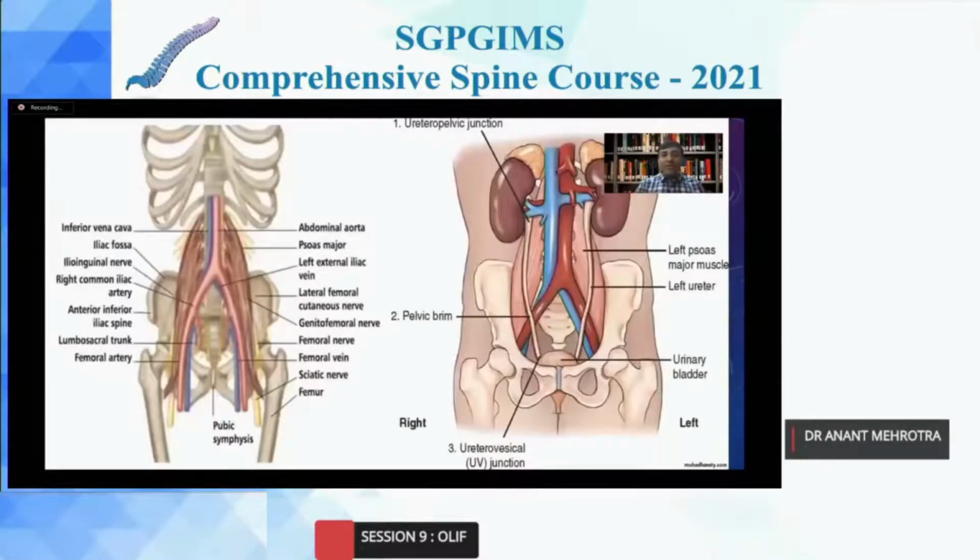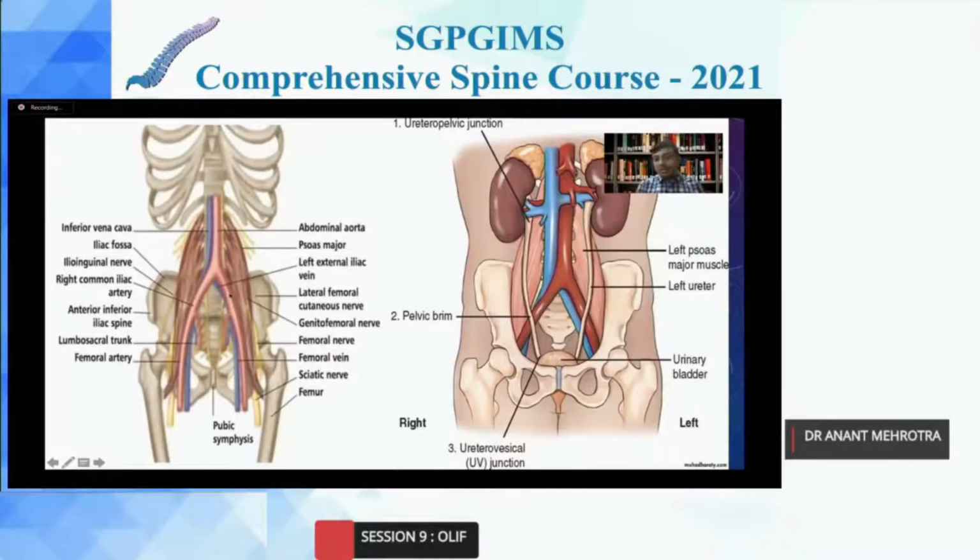Now, coming to the great vessels, we all know the aorta and the inferior vena cava. The aorta bifurcates into the iliac vessels at the lower border of the L4 level. You have to see on the MRI whether it is bifurcating at a higher level or at a lower level, so that you can decide your trajectories, that is, what approach has to be used. Once the aorta bifurcates into the iliac vessels, you can see the space between the psoas muscle and the aorta is significant here.